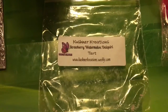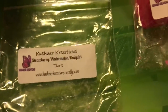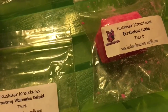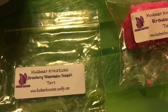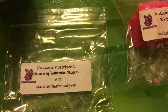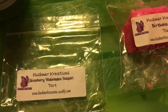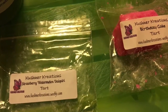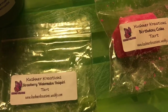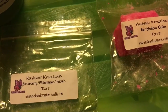And so I melted the whole thing, and I want to say, for me, the whole tart works, not 1 ounce. 1 ounce is not going to cut it in her wax so far, based on these 2 scents. For me, I need the whole 2 ounces. I can smell it all the way in my bedroom, which is hard to do at times because my bathroom is very hard to scent. And most of the time the wax may walk to the entrance of my bedroom from the bathroom, but not